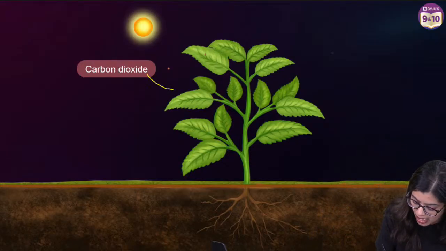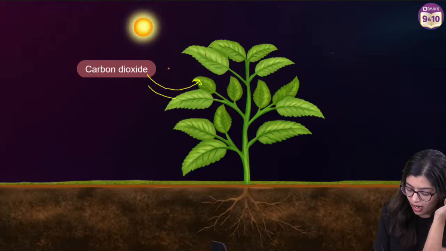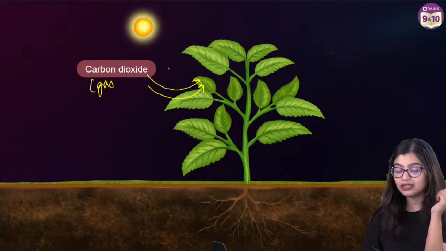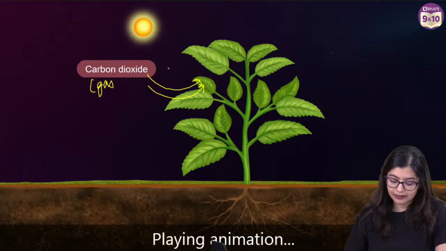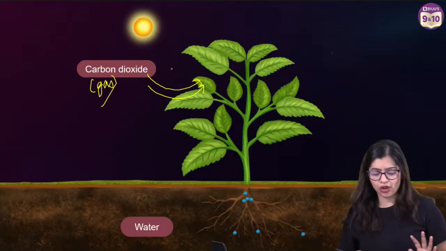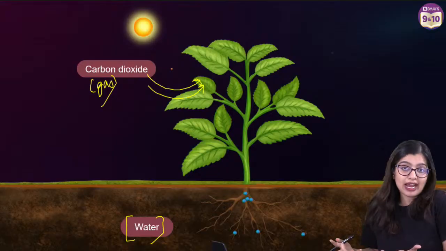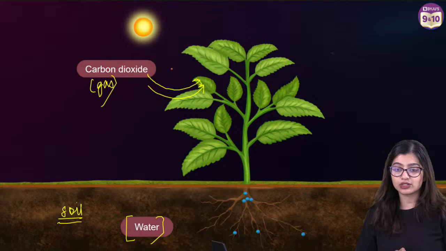Now, again quickly to revise photosynthesis, what is the process? We know that it is a process by which carbon dioxide and water combine. So let's stop there at carbon dioxide and water, right? Carbon dioxide is a gas, which enters from the surroundings and then enters into the plant. That is where carbon dioxide comes from. But before I elaborate on carbon dioxide, let's talk about water. Where do we find water? Water is normally found in the soil, right? So water is found in the soil.